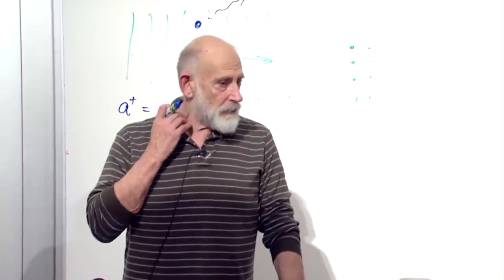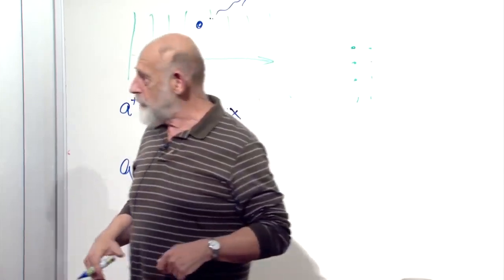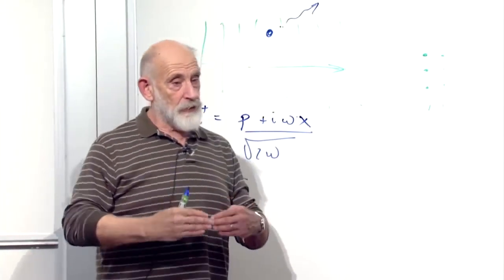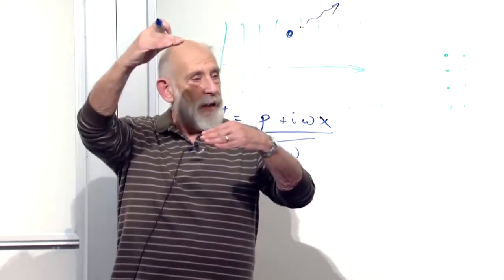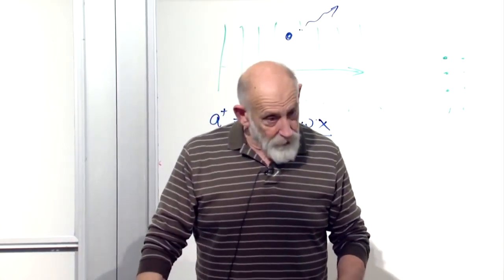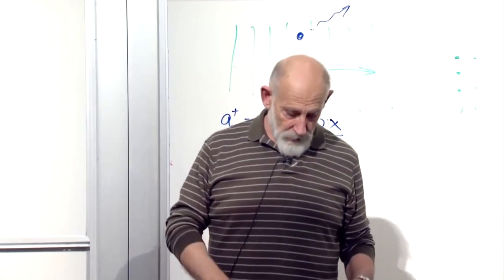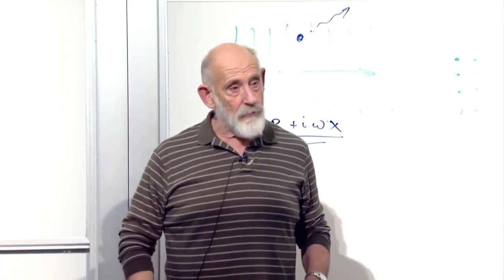It came in just as telling us what the energy for each increase of the number operator was. The frequency, together with h bar, determines each time we go up a level how much energy it costs to jump the oscillator up one level, or how much energy we might get back in some other form if the oscillator jumps down. If it jumps up for some reason, that's how much energy we have to pay, h bar omega. If it jumps down, that's how much energy we get. And as I said, that's the single harmonic oscillator.